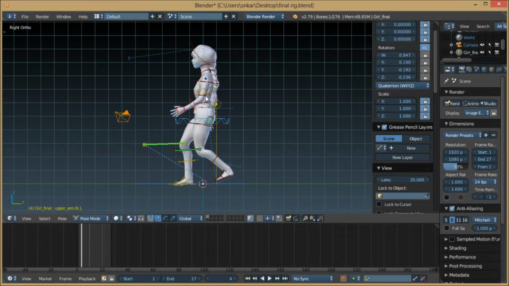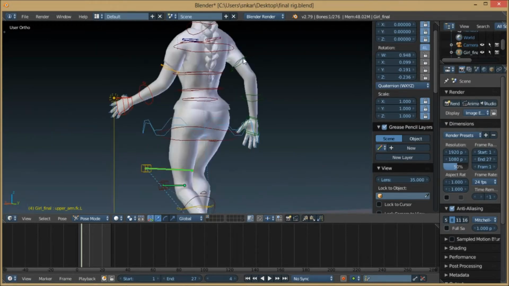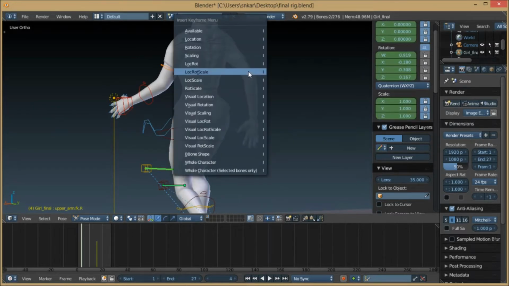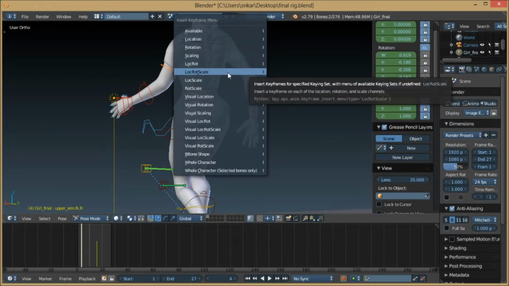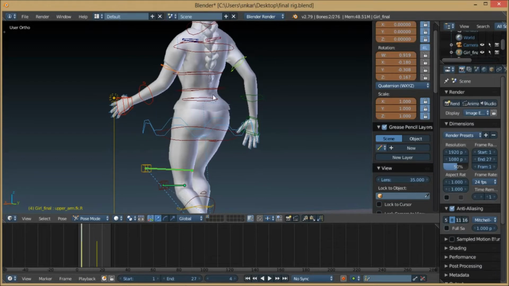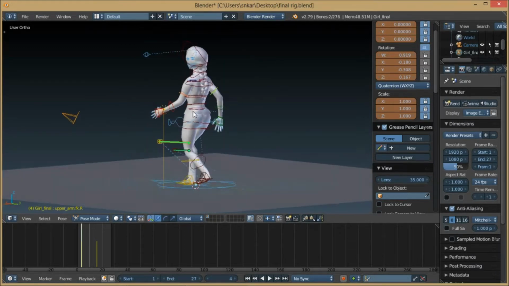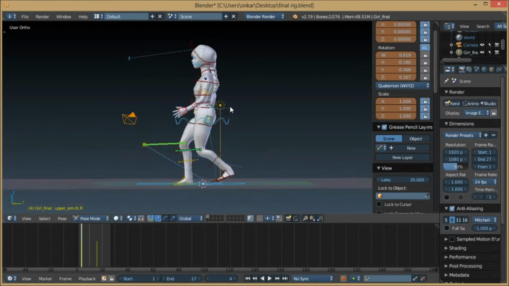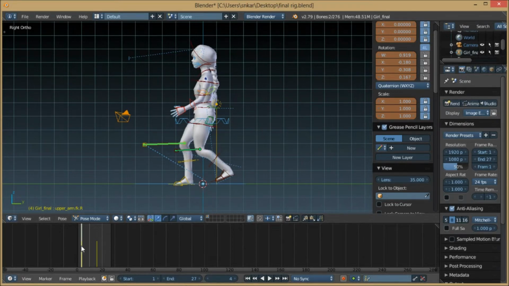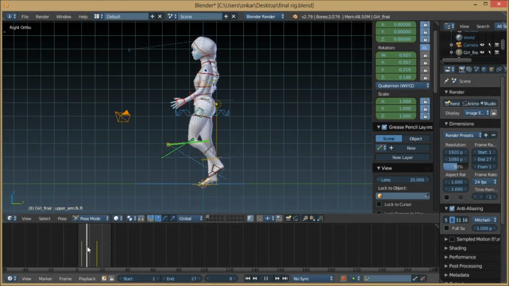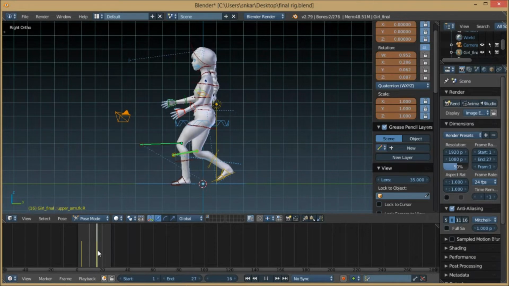So this is going to be the farthest pose for our hand. Okay, so what we do now is we select these two guys here and then hit I and then click location, rotation and scale. Okay, this will keyframe the hand to the one pose, and then let's go to our next down pose. So this is our first down pose, and this is our